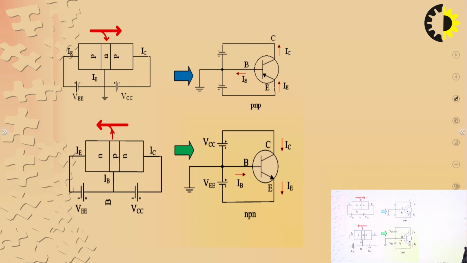This is the circuit diagram of the common base configuration, in which we have already depicted that your base terminal is grounded. Whether it is a PNP transistor or NPN transistor, the main important thing to remember is that the base terminal is grounded, and that depicts your common base configuration. IB is the base current, IC is your collector current, and IE is your emitter current. So this is all about the circuit diagram of your common base configuration, or when your base terminal is grounded.